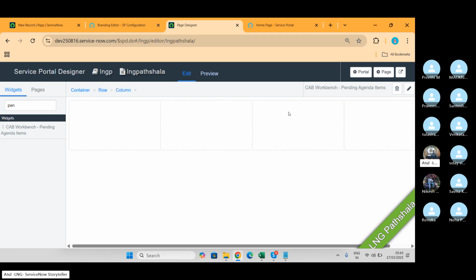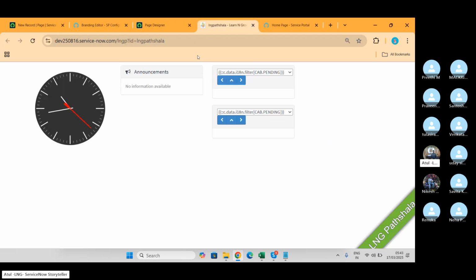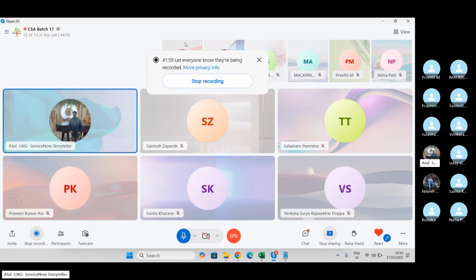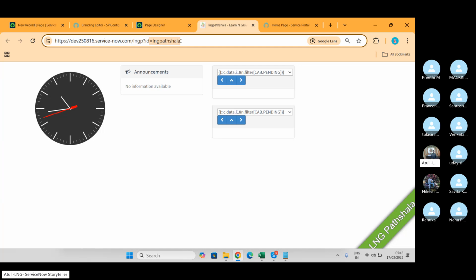ठीक. And now if you want to preview it, click on this. And it will show you the page. But did we map this page in our portal till now? Answer is no. We created this page under my portal, but did we map this page anywhere in our portal? No. So what do we have to do? We have to map it as well.